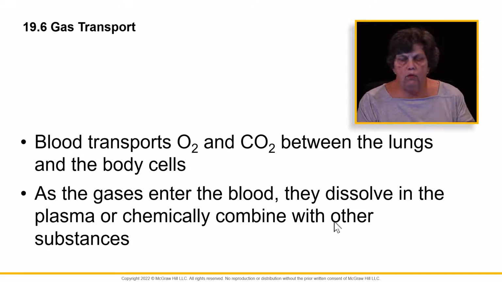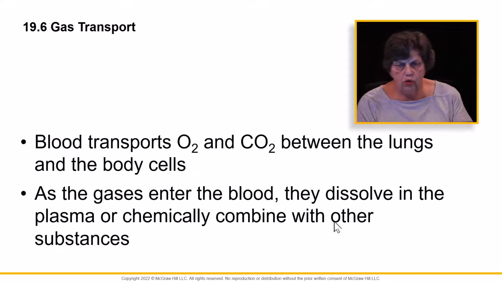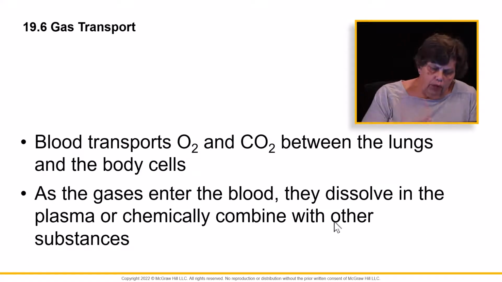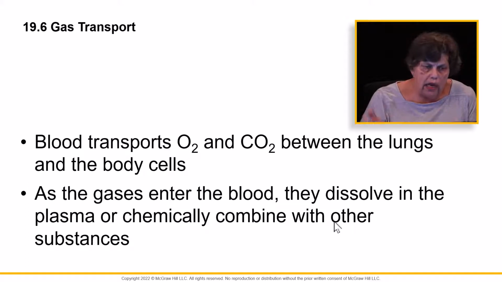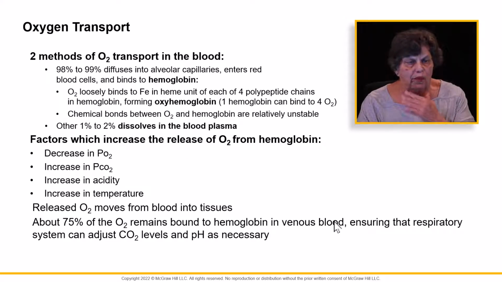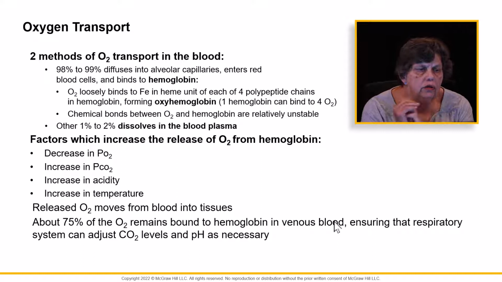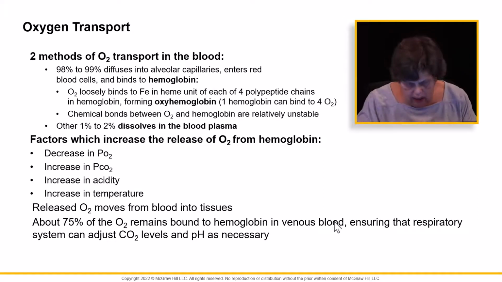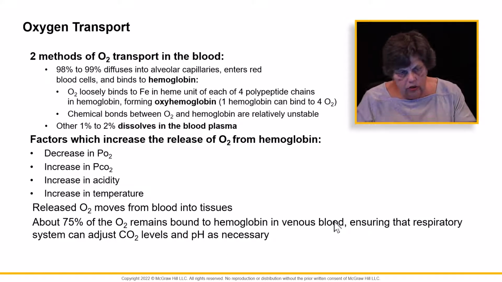All right, so now once we've moved it into the capillary, we've got to transport it to the tissues. And the blood is going to transport it between the lungs and to the cells. And as the gases enter the blood, they will dissolve in the plasma or combine with something. All right, so oxygen, 98 to 99% of it will diffuse and enter the red blood cell and bind to the hemoglobin. And when that oxygen is bound to the iron,